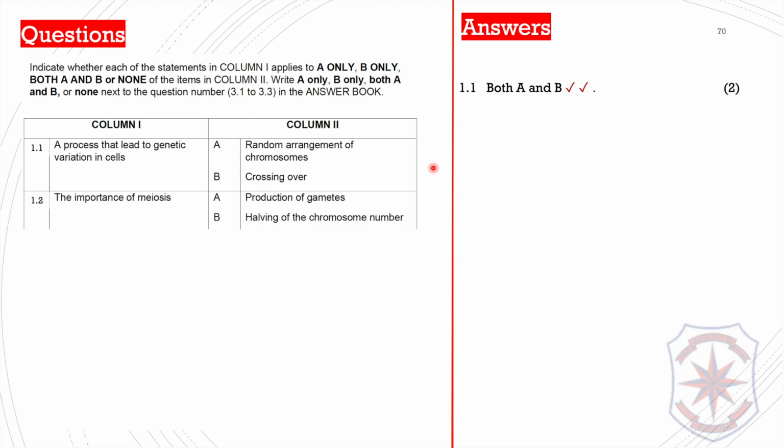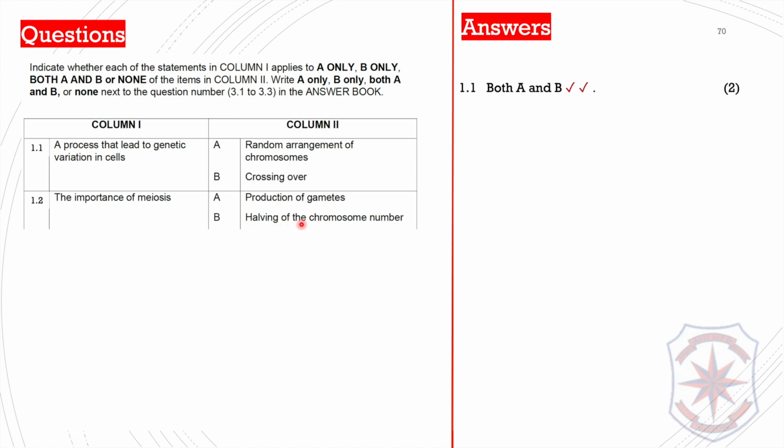Following question. The importance of meiosis. Remember, meiosis has 3 main importances or significances. Okay, let's see if the options fall under the 3. Production of gametes. Does meiosis produce gametes? It does. So we do not eliminate that. Halving of the chromosome number. Does meiosis halve the chromosome number? Yes, it does. Remember, we said that it